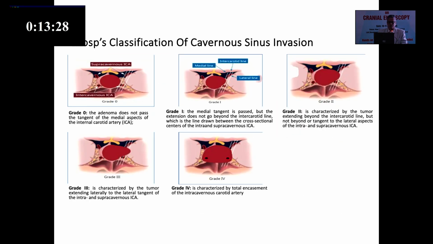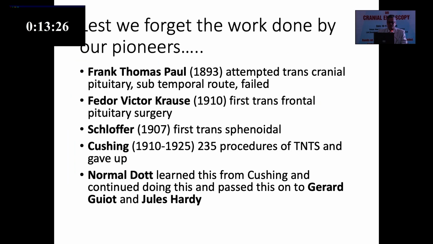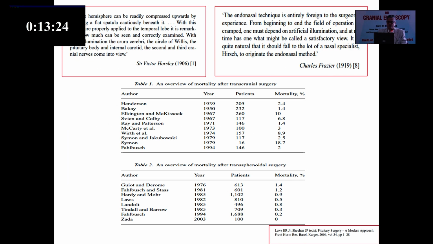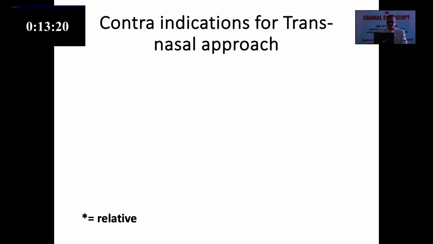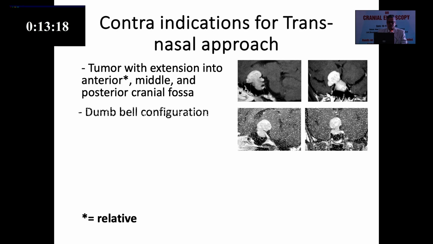So I'll just skip all these slides. If you look at the contraindications for a transnasal approach, one is obviously a tumor which is extending into the anterior middle fossa, but again extended approaches can be done. Doing a transcavernous or extended approach for pituitaries is a good option, but again one needs